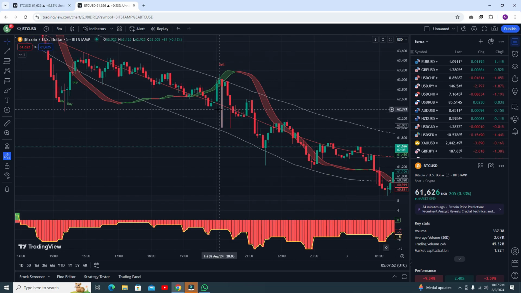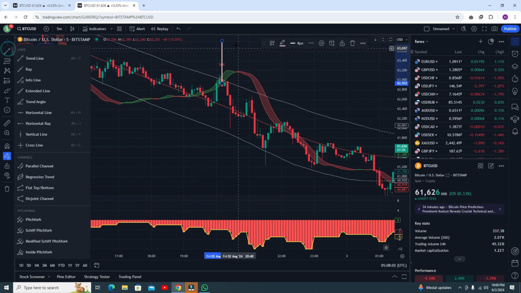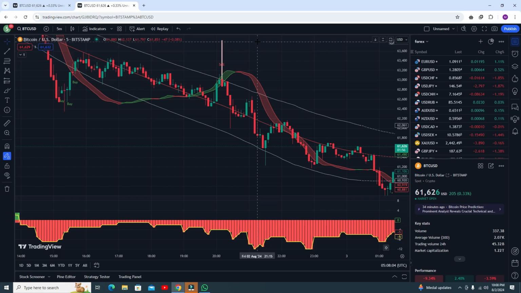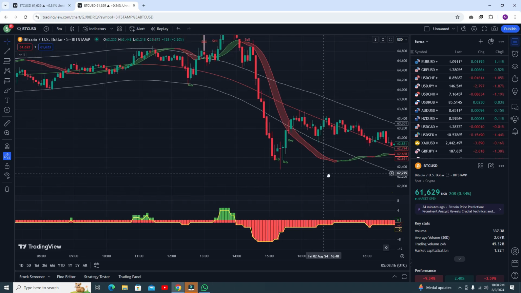Here you can see this was our calculated distance. You need to drag and drop it on the upside of the candle, and here you need to put your stop loss. This is your stop loss. Okay, this one is your stop loss, and you need to book the profit when any candle touches the lower band line. That's it, nothing more, just follow the rules.